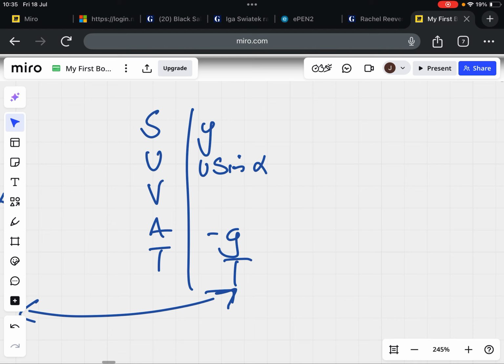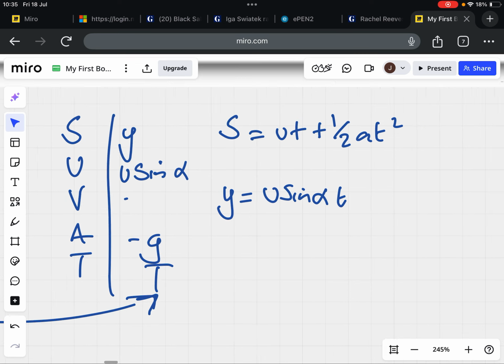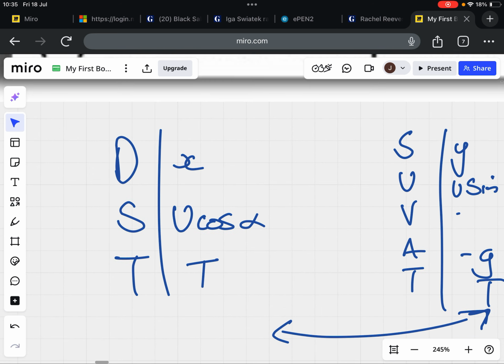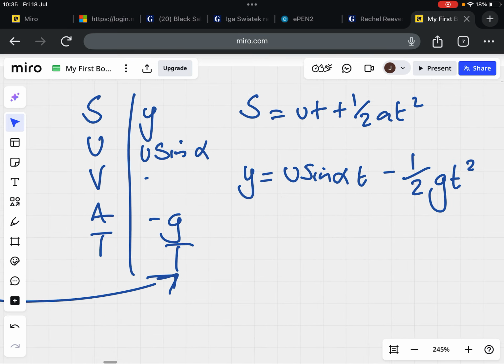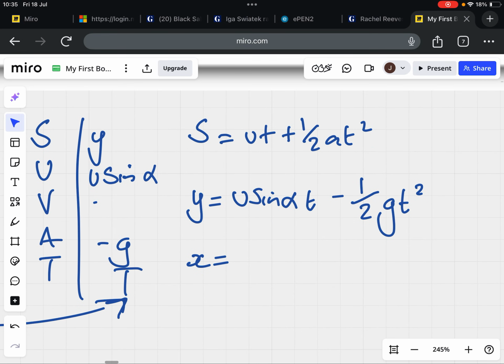So I'm going to do a SUVAT over here with the information I have. Why not v? Well, I don't know anything about v and it's not in the question. That's why I'm not using that. So if I write this one down, I get y equals u sine alpha times t or something like that, minus 1/2 gt squared. Yeah. At the same time, I could write one for this as well, which is x equals, isn't it? So let's do x equals those things multiplied. So ut